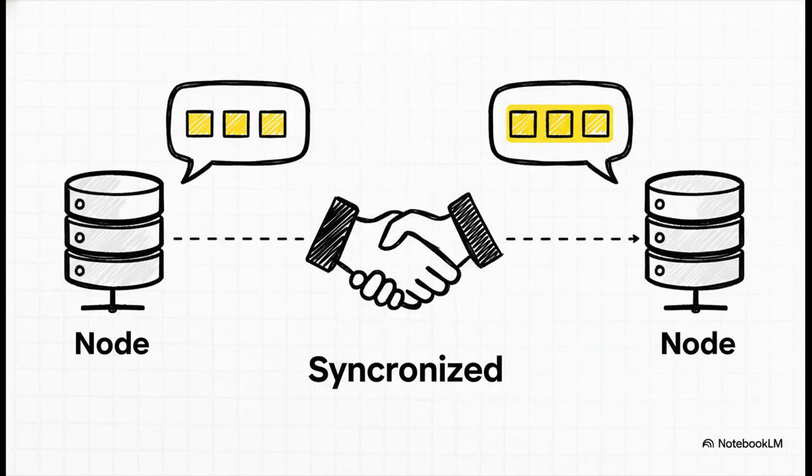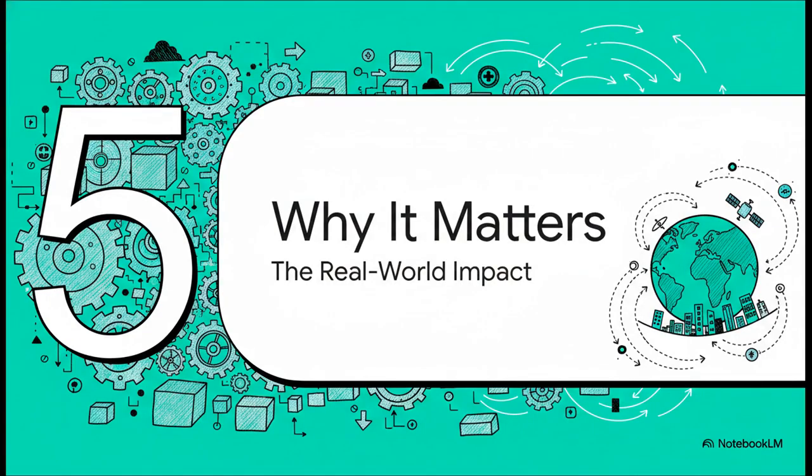And finally, for all the nodes that make up the network, virtual parents act as a simple, really elegant synchronization point. When two nodes want to check if they're on the same page, they just have to compare their set of virtual parents. It's a super lightweight way to confirm they share the same view of the network, with almost no delay. So we've seen how it all works under the hood.